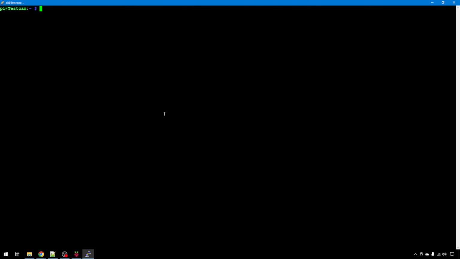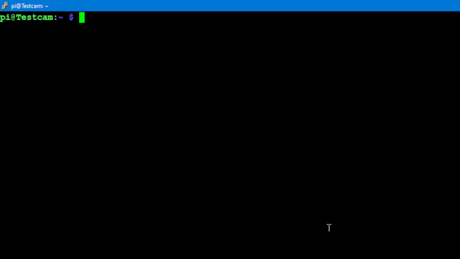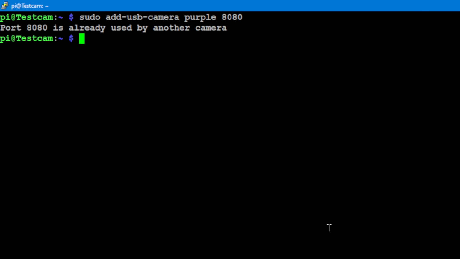So if you want this one to be 8080, you can pass it parameters with the command. So we'll just do it again. Sudo add-USB-camera. And then we'll name it purple, just like we did before. And then you can pass those options on the command line right here. The next one, we'll just do 8080, because that's the port we want to use. And we'll hit enter. But you'll notice it says it's already in use by another camera. And if we take a look at that